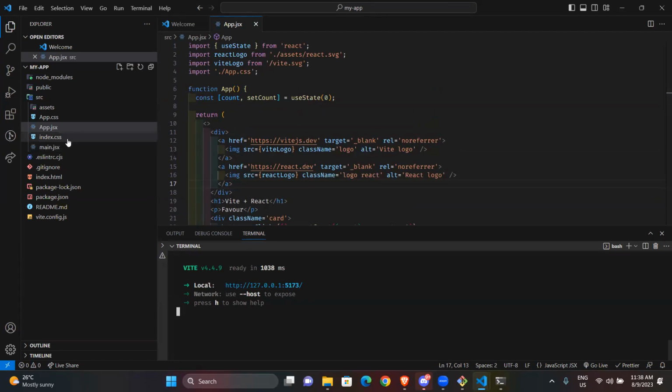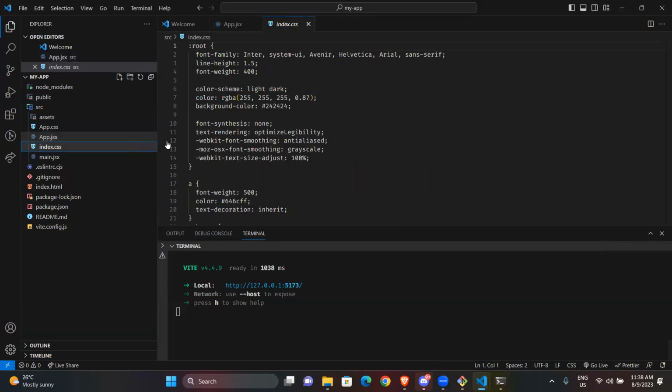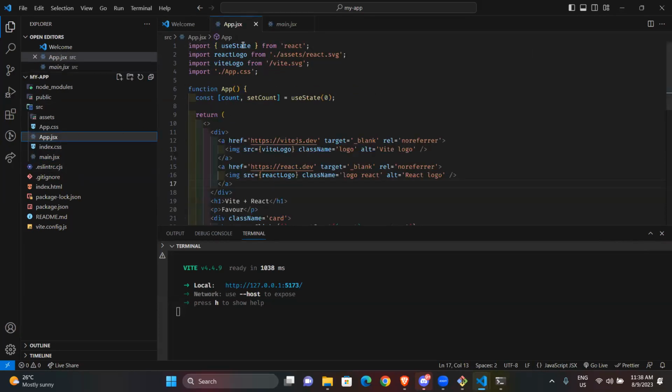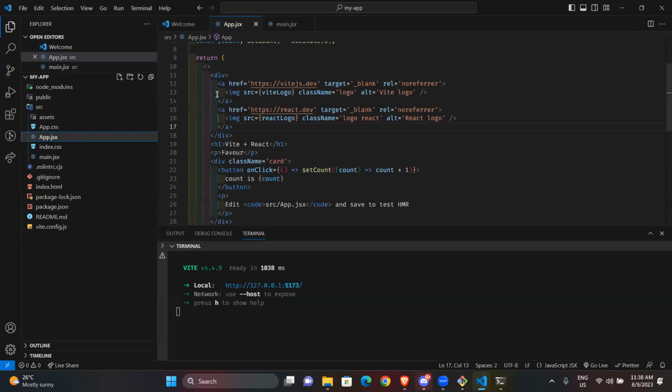So I'm still talking about the folder structure. I have the index, which still has index.css, still has CSS files inside here. Then you have main. So what happens is that this app.jsx is where everything is. For now, we are not doing any routing. This is a function, you're exporting it, a function that returns a template, what you're seeing on your screen.